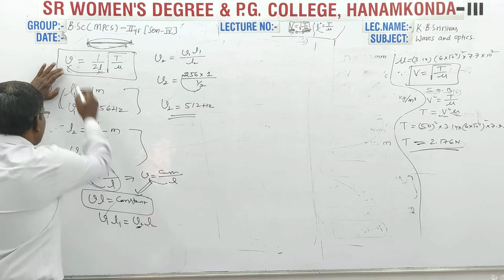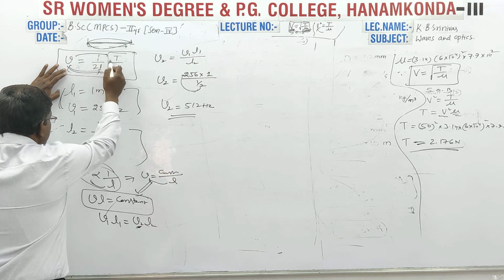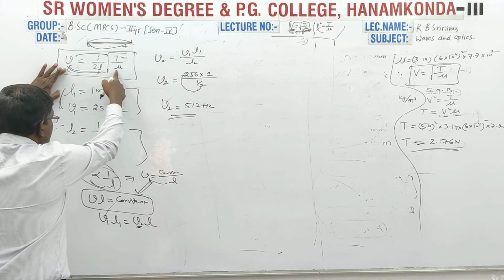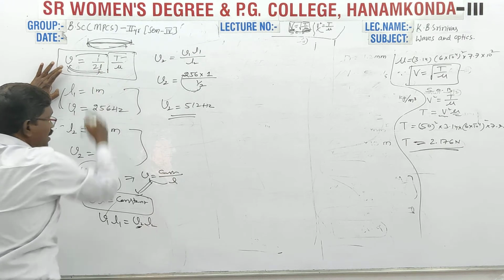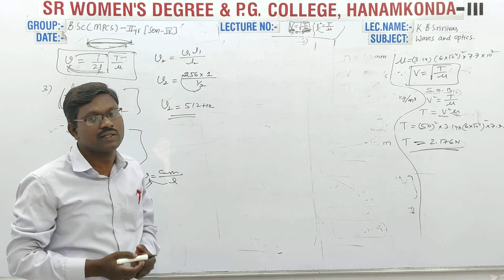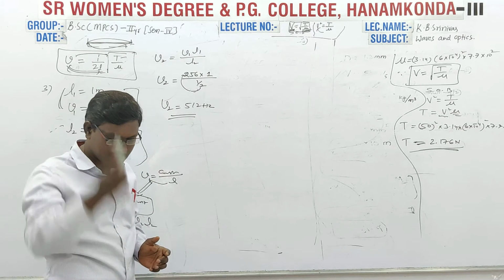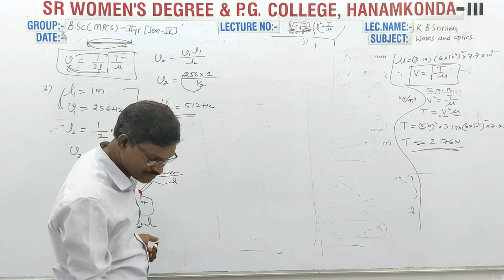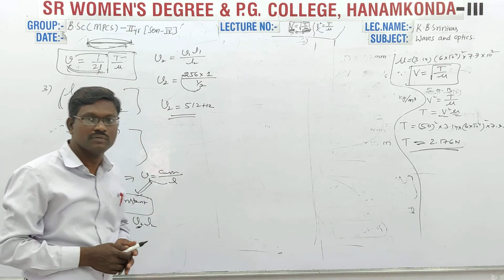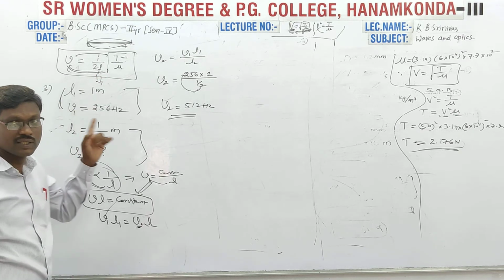Actually, nu is inversely proportional to L, that is the first law. Nu is directly proportional to square root of tension, second law. Nu is inversely proportional to square root of mu, third law. So, these 3 laws together are known as what? Transverse laws in stretched string. Very important for 4 marks. I have used the first law. Is that clear? In this way you can do problems. If you are able to remember this formula, you can do a number of problems based on it.